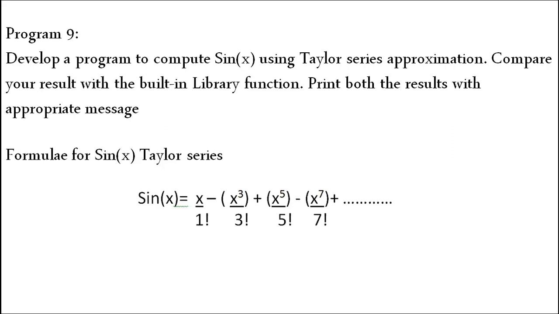So in order to understand it better, for the first value also I have taken 1 factorial. So in the general formula, this 1 factorial will not be there. It is generally like x minus x cubed by 3 factorial plus x to the power of 5 by 5 factorial and so on. So in order to understand it better, I have taken the first number along with my denominator number, that is 1 factorial. So 1 factorial is nothing but 1, and whatever the numerator value will be there, the same thing will remain.